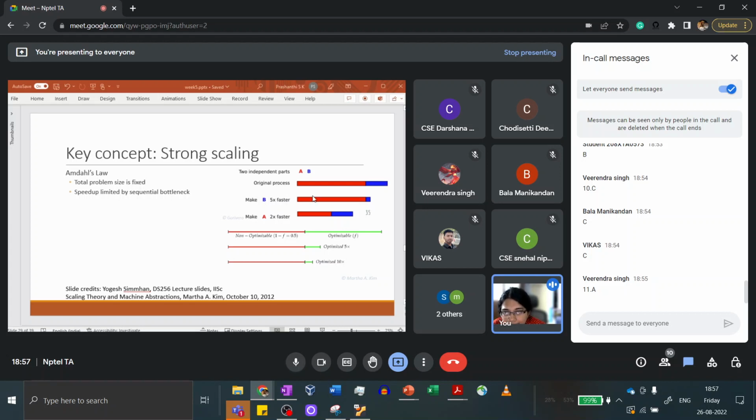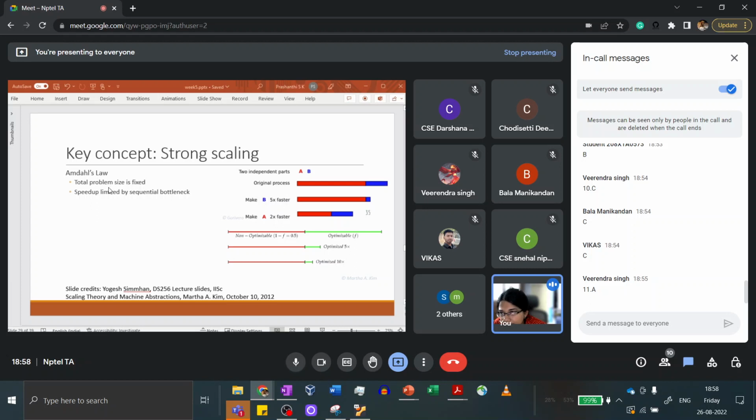That's what Amdahl's law talks about. And the example below also talks about the same thing. Here you take a case where both of them are equal, right? The serial part is half, the parallel part is half, and you optimize this half 10 times, still your runtime is going to be dominated by this serial part, right? This is what Amdahl's law spoke about.